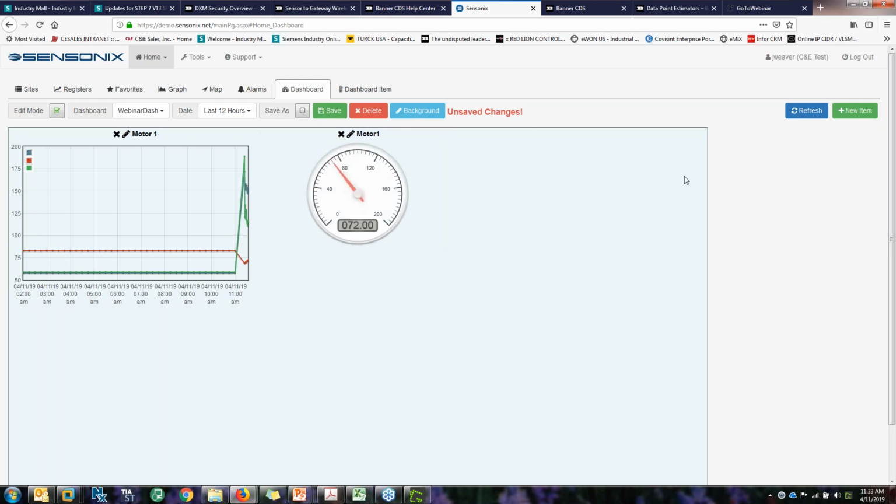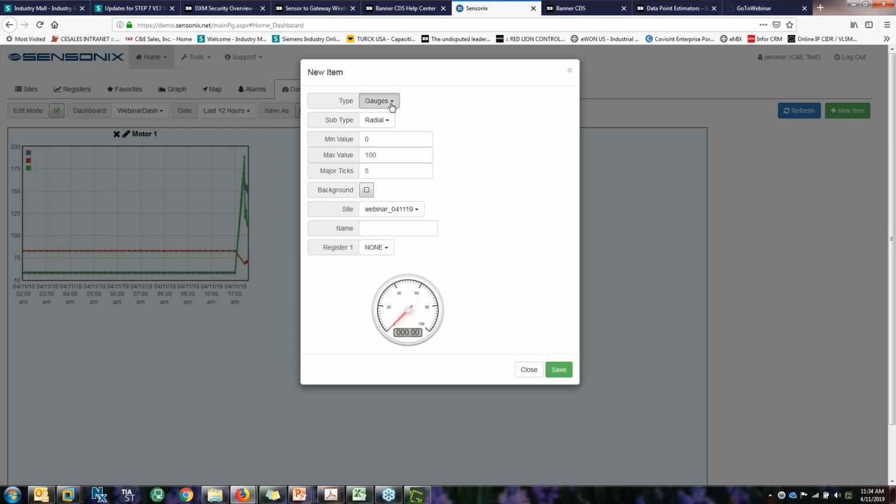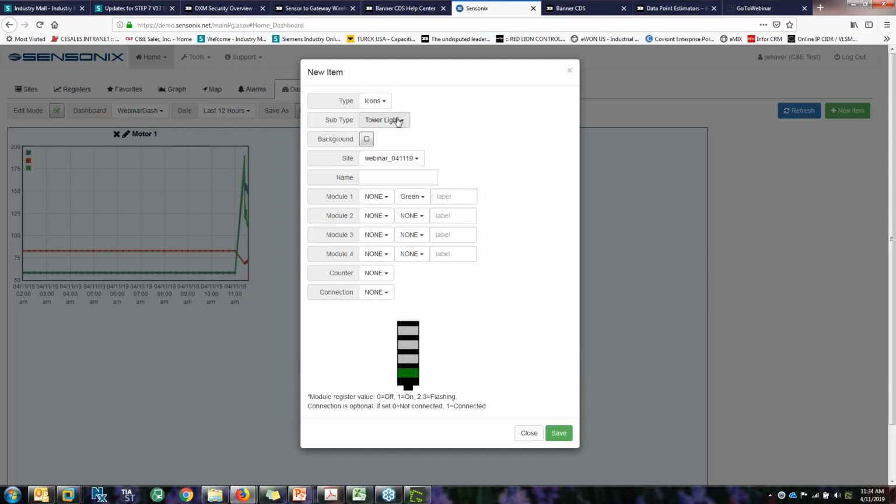Then one other thing I'm going to do, this is very handy for looking at instantaneously, so to speak, the stack light or a machine status. I want to go ahead and set up a tower light here. We'll call this,